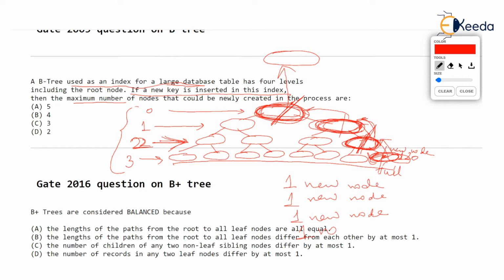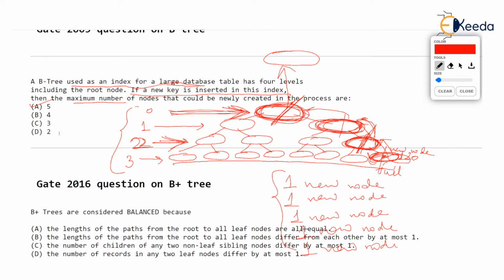In the worst case, the root is split, isn't it? This root is split at level 0. Root was split, so one new node was created at level 0 and a new root was created. So one more new node. I hope you got it enough. So the total nodes, the maximum nodes that might be created, is 5. So 5 is the answer. I hope you got this. You can just replay it if you have not understood enough, but I think you understood it enough.